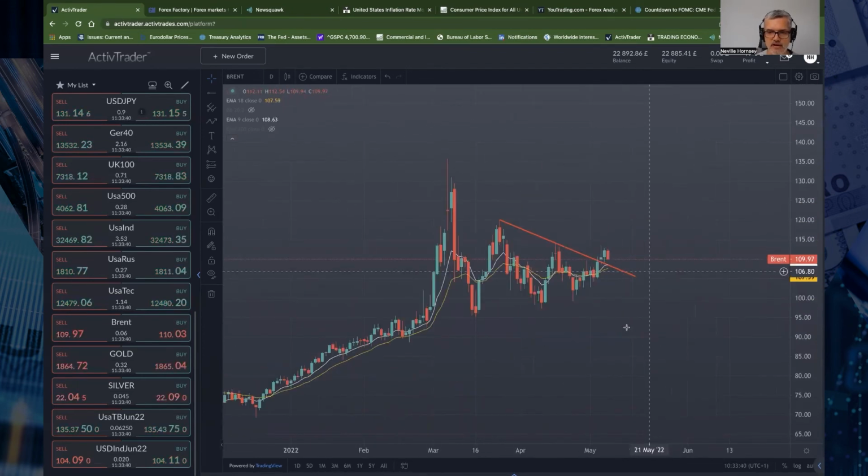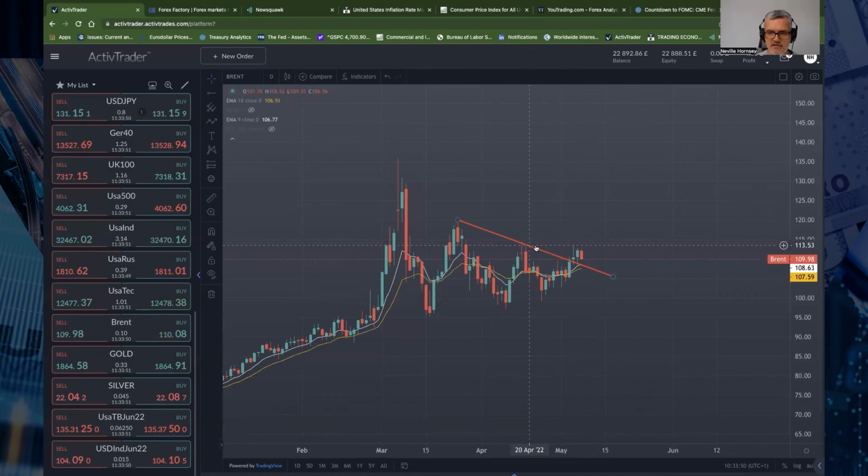Another commodity, Brent, broke out of its consolidation triangle, looking for a breakout, retest, continuation to the upside, momentum to the upside. We can see by the moving averages, price action hasn't made a new swing high. So we are actually in between the range from the 11th of April low up to the 18th of April high. We're looking to see what happens within that range. If we can get above this swing high, then we're targeting the swing high from March 22.